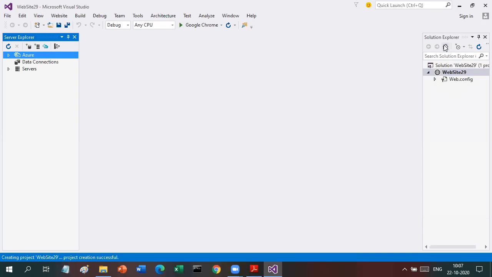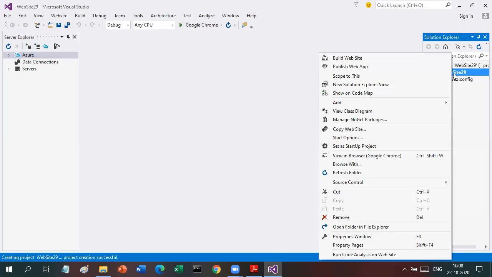As you can see here on your right hand side, there is a solution explorer. There is website 29 because we have not changed the name of the website. We can change the name also. In the next practical we will change the name. Right now we can right click on this particular website, and we have to add the web page. So right click on the website name in solution explorer, go to add